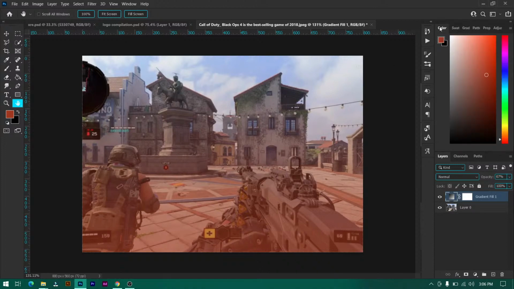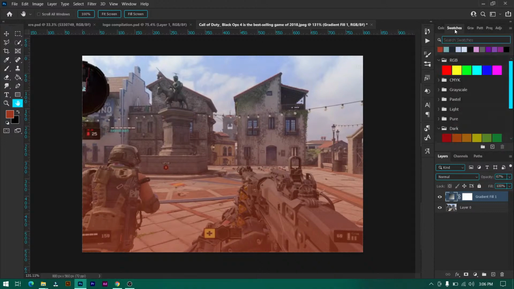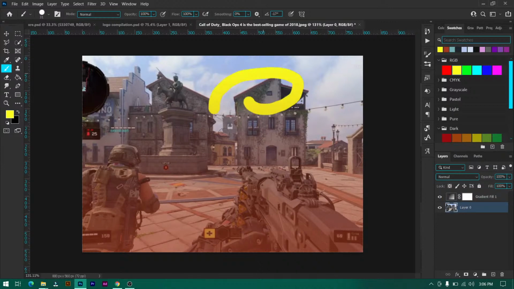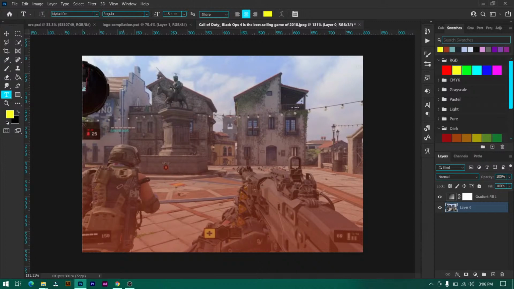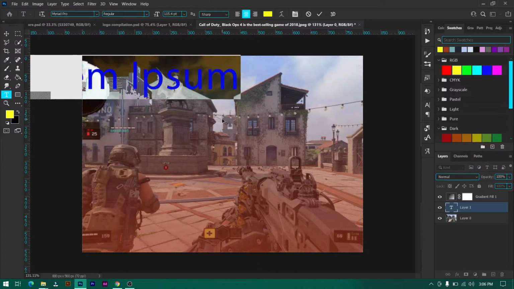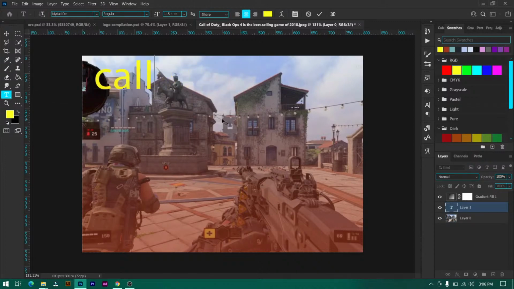Okay, let's talk about this place. This is where we have our color. We have the swatches here. These are the saved colors. You can just pick any color that you want, and with your brush you can start painting anywhere. Or if it's text you want to write, I've already selected the color yellow, so if I write call